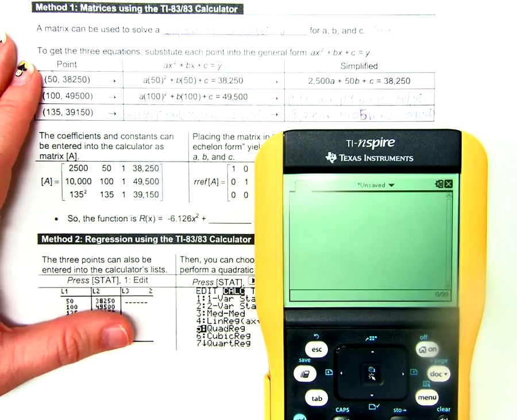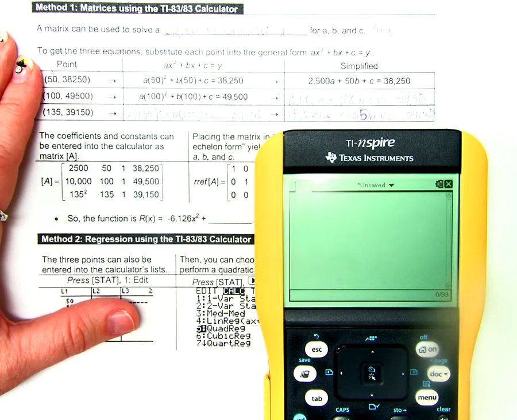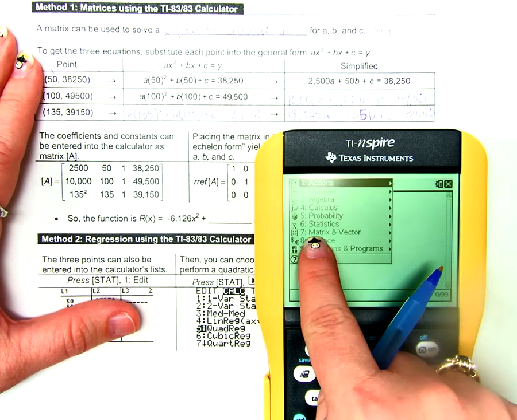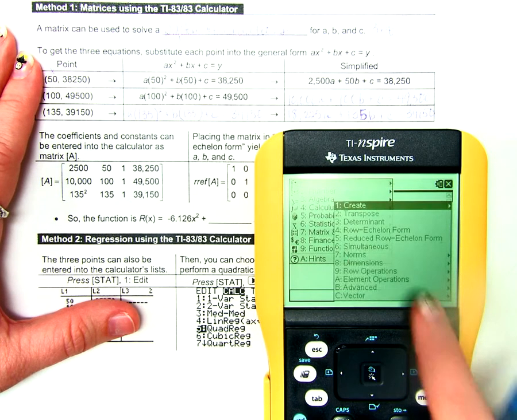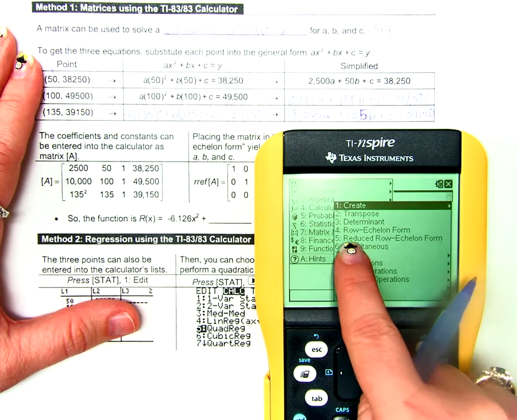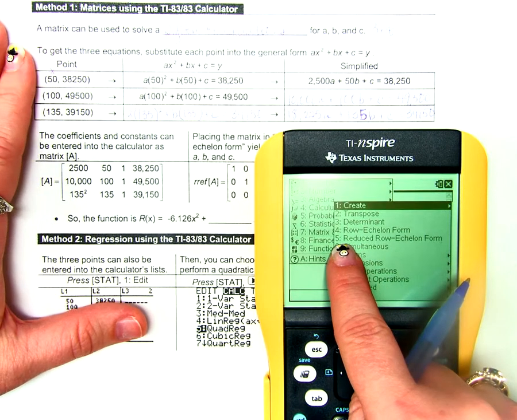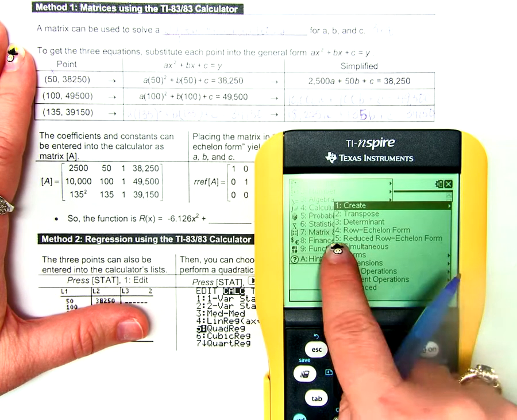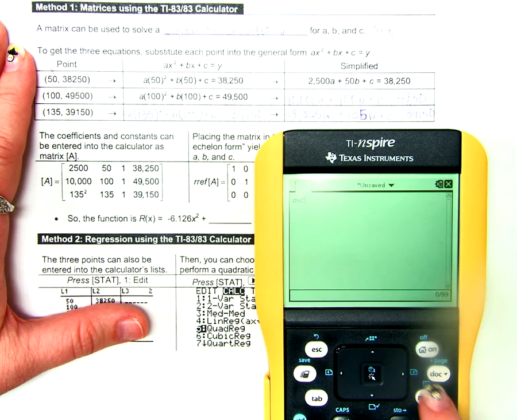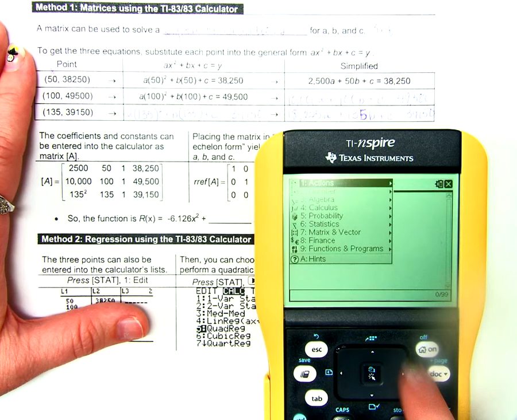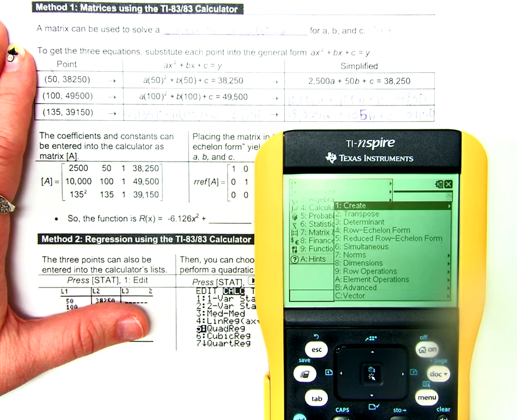Anybody remember where we go to start a matrix? Menu, matrix, right? 7. Oh, we want to go to 5 first, don't we? Because we're eventually going to take the reduced row echelon form. But now we need to go back to menu and back to matrix. But this time we're going to choose